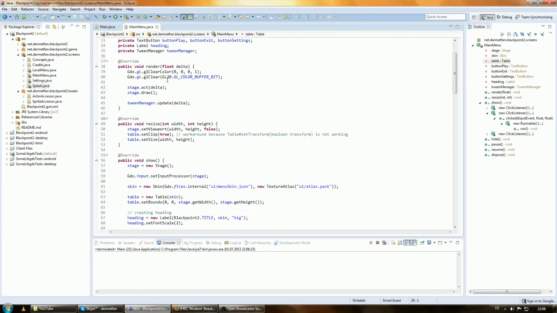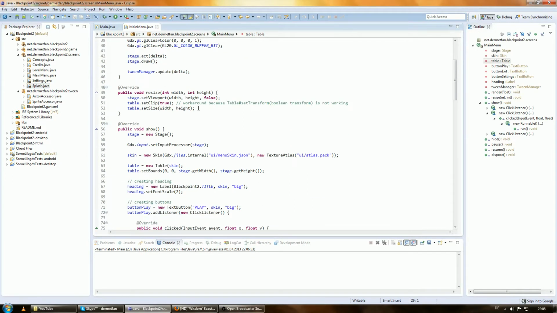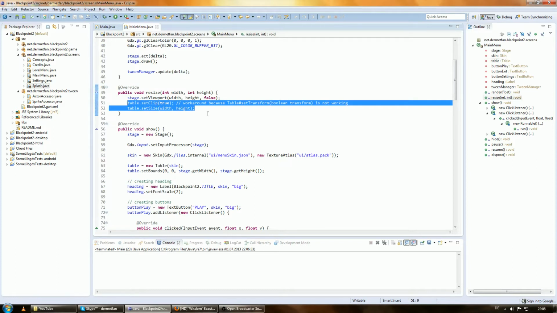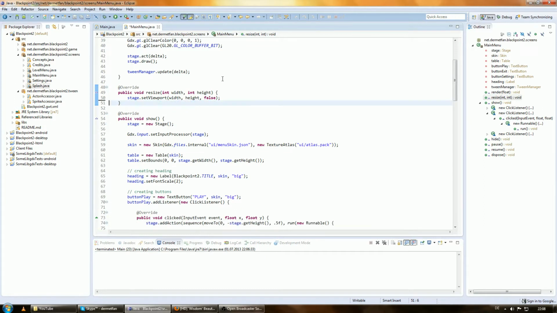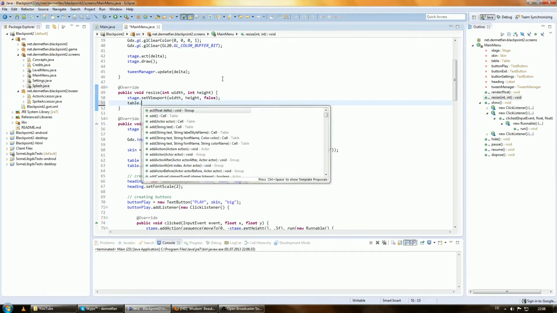Let's start with the main menu. And the first thing that is important is that this is actually crap. I told you there is a bug and table.setTransform isn't working. Here's a workaround because table.setTransform is not working. And then we set the size, but that's all crap. All we want to do is to say